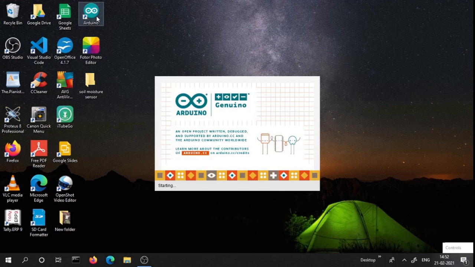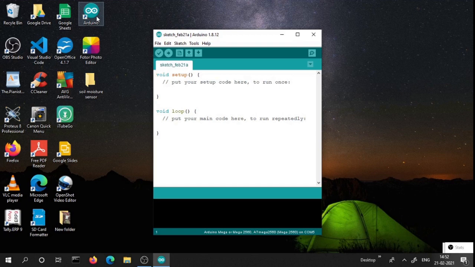Okay guys, it is loading. Now we are removing all the inbuilt commands in the window.